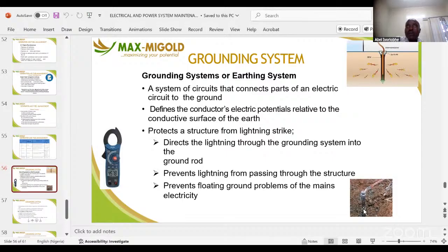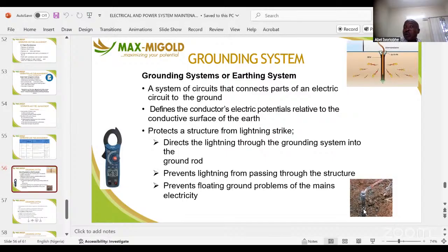And why do houses or facilities still get burned with electricity faults? Maybe the earth point is compromised. That's why you need earthing management. Include it in your PPM. Let it be part of your planned preventive activity that you do in a building. At regular intervals, you check the level. The level of earth resistance should not be more than